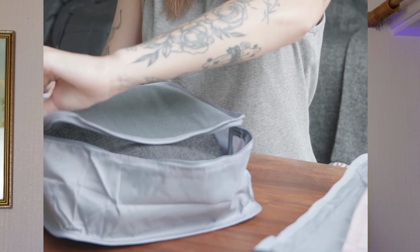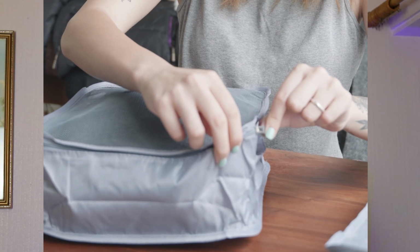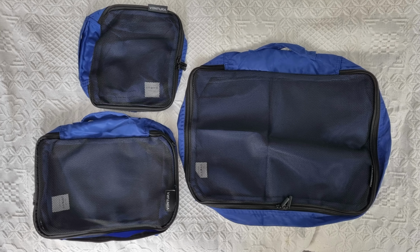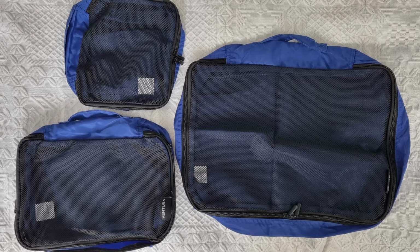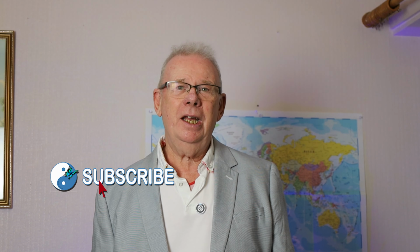Another practical way is to use these packing cubes. To me, it seems a fairly new idea, but I've tried them and they seem to be really great. You get a packet of assorted fabric-made boxes that you can put all your belongings in. You can keep your underwear tidy, keep your socks tidy, maybe a bigger one for your shirts and another one for your shorts, and that way it fits neatly into your suitcase. And by doing that, again, it hides anything that you want to keep out of the way of thieving